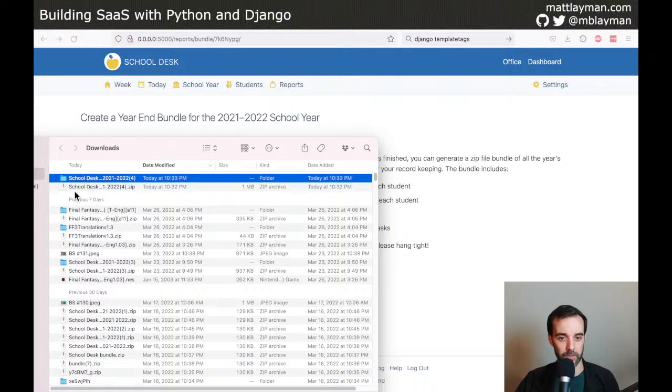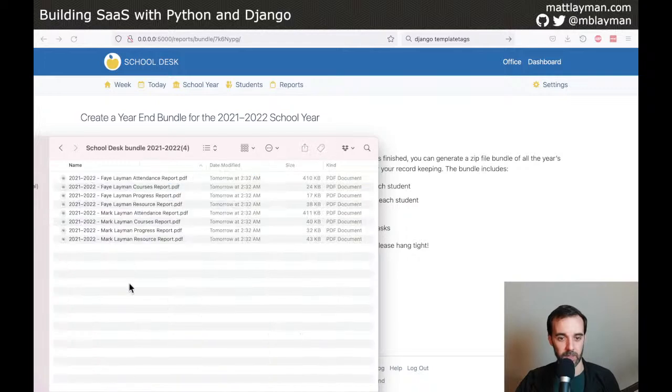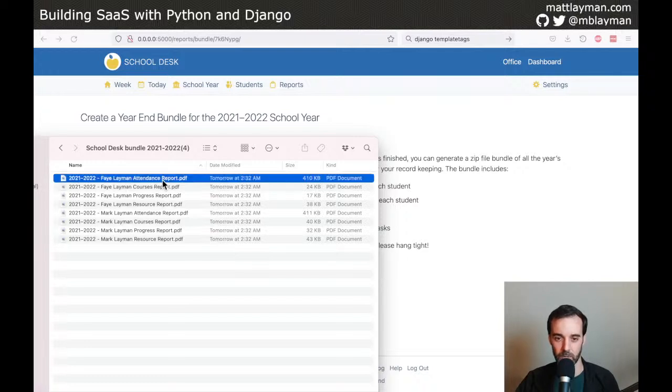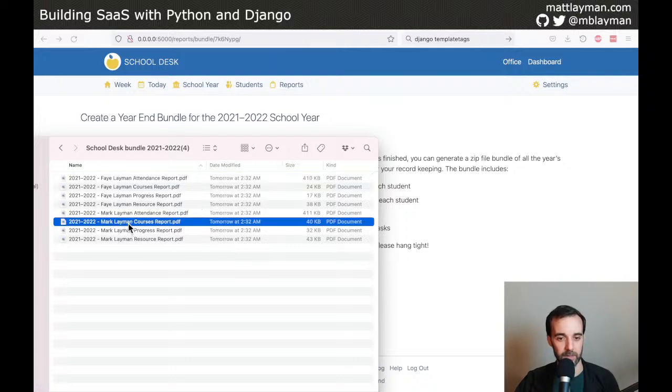So we've extracted the bundle. Here it is. It's got a 4 on it because I've downloaded this many times. And inside of it, we have a report for one of the 4 reports. This attendance report, there's something wrong with that. Look how big that is. Way bigger. Well, maybe it's just so much less data. Multiple pages, I don't know. I might want to poke at that one later, but let's take a look at this report,